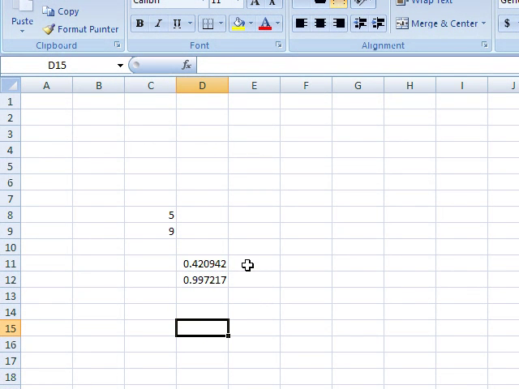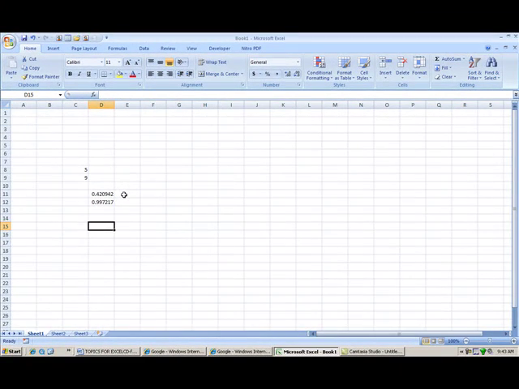Creating random numbers is used very often in simulations in business. But for a fun little example, which you may try on your own, you can simulate the toss of a die just by putting in equals randbetween 1 and 6, and you can do this for 2 dice, and you can do this many times just to simulate what would be possible rolls of a die, and you can actually build up a game of this type and practice that. You can do the same thing with blackjack 21. In any event, there are many examples that you can experiment with and